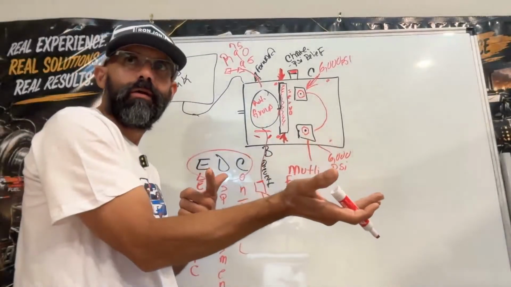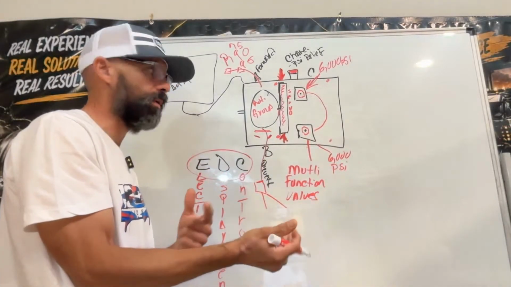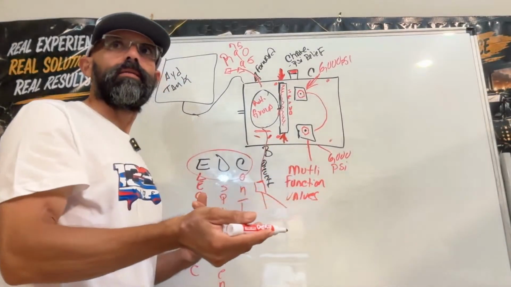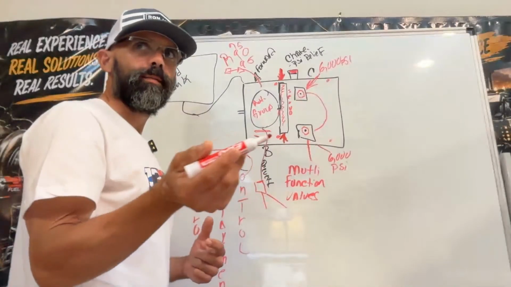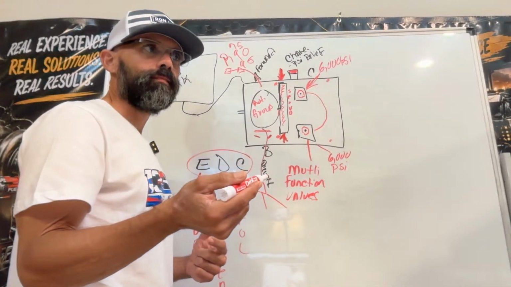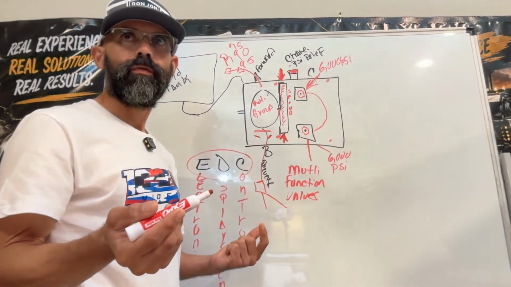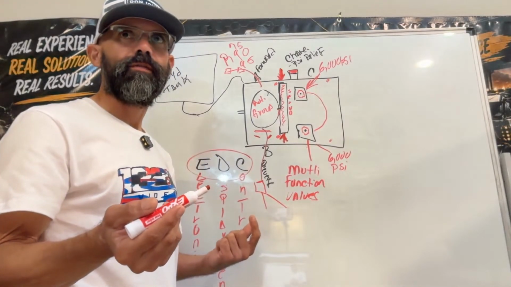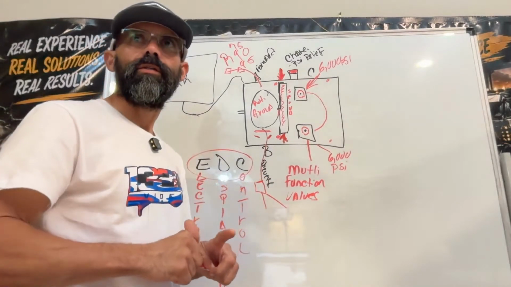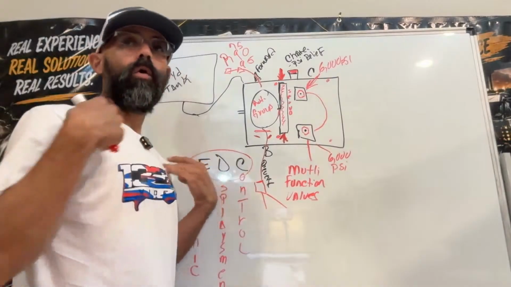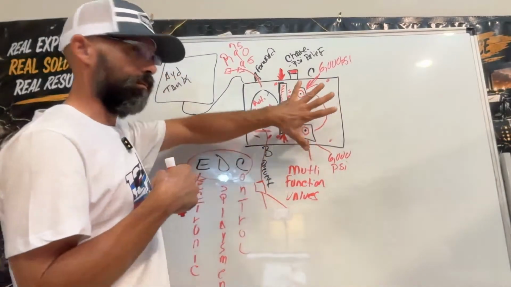Even though you're gonna see it on the operator console, because your pressures for forward and reverse, you're gonna see them on the display. If you have like a Series 3, 2440 or 3650, you're gonna have an analog gauge with a glycerin fill, and you're gonna see it. But I always go straight to the pump,